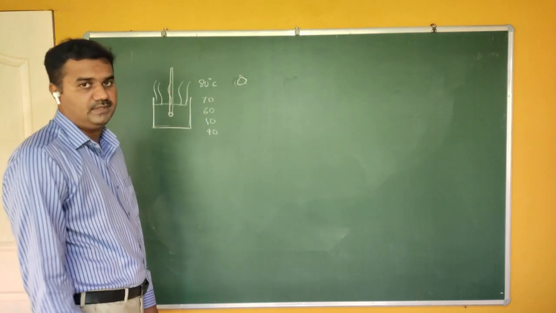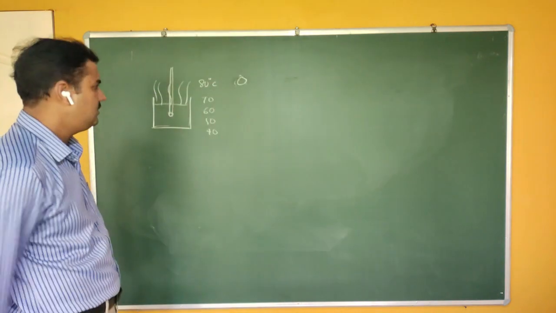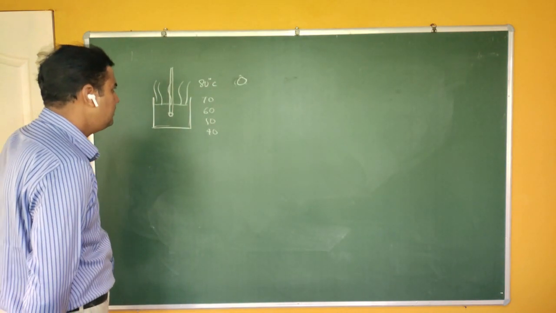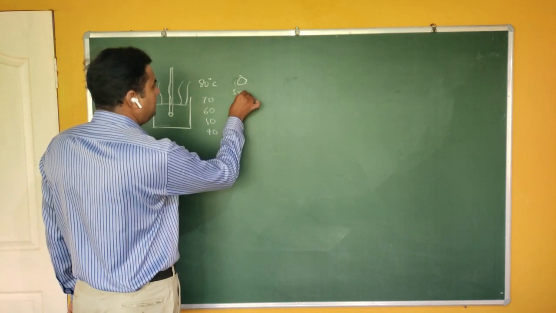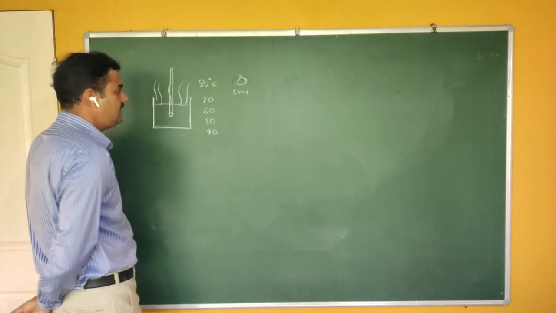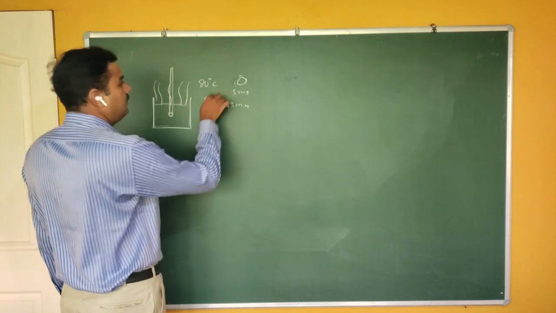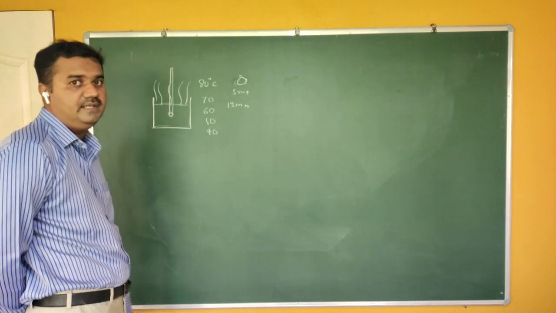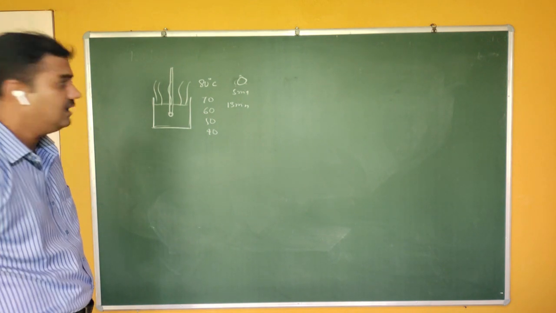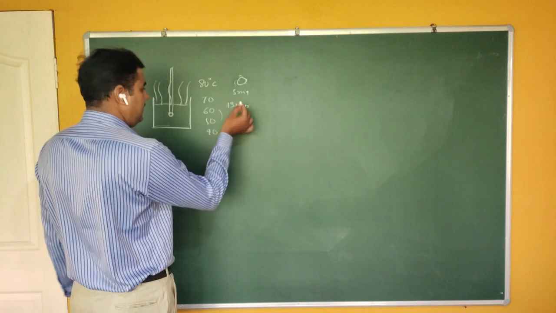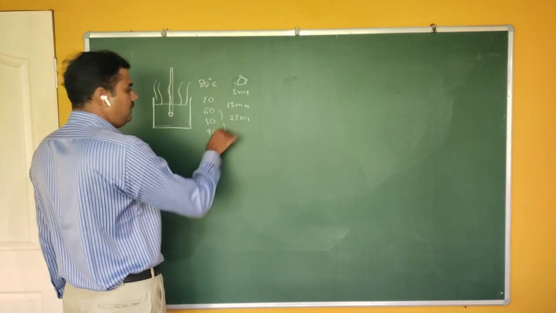If you make certain observations and write them on a chart, then you will get a phenomenon like this. 80 to 70, a 10 degree fall, requires nearly 5 minutes. Then 70 to 60 requires, let me say, 13 minutes. For the first 10 degrees it requires 5 minutes, and for the next 10 degrees it takes a larger time, 13 minutes. Next, 60 to 50 again takes a larger time, 27 minutes, and then 50 to 40.